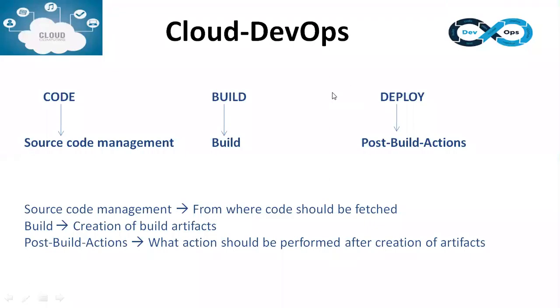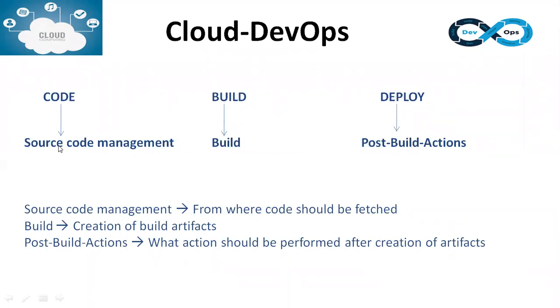So as I told you, in the DevOps lifecycle, we have seen how to code, how to build, how to deploy, how to test, and how to do code scan. Everything can be automated using the same Jenkins. And we have seen the DevOps lifecycle main things like code, build, deploy. The three main things we can relate in Jenkins are called source code management, build as build, and deploy as post build actions.